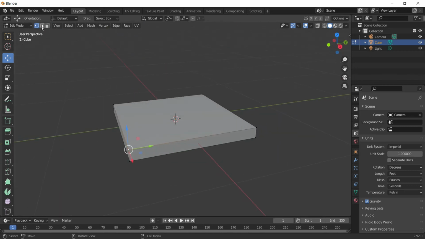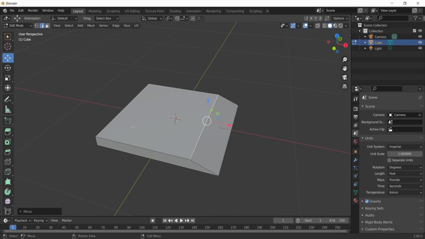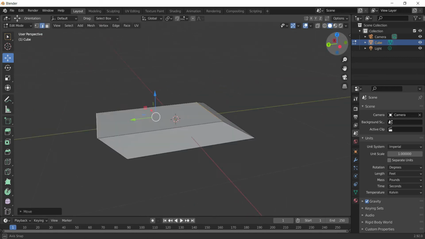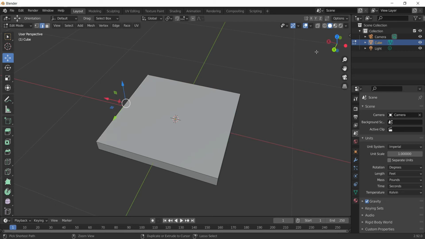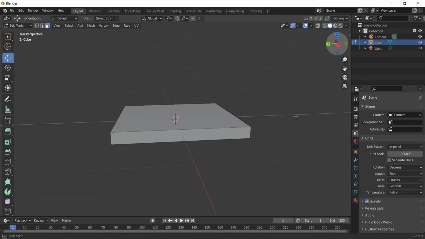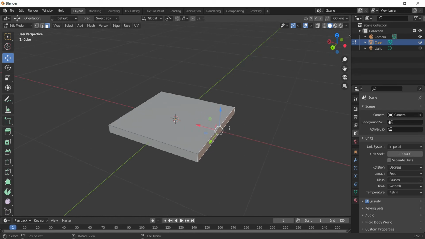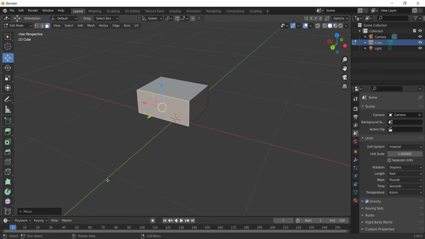Second mode we have is called the edge. By the name you can understand that this will give you the control of an entire edge on the object. So this way you can also deform the object. Last one is face. Let's say if I select a face, a face is like a formation of the edges around it, and I can move it and change the shape of the object like this. You can even scale this as well, and you can change the shape entirely.